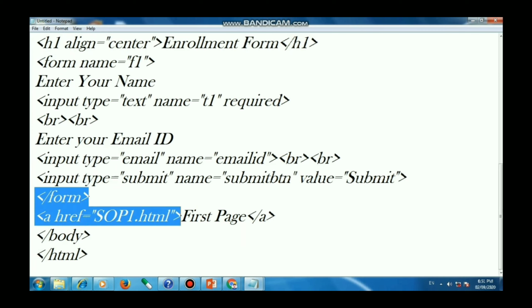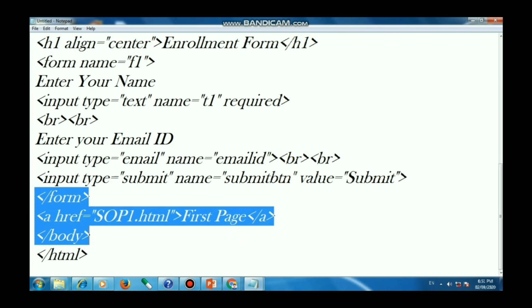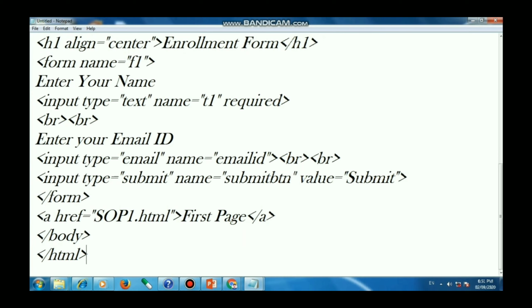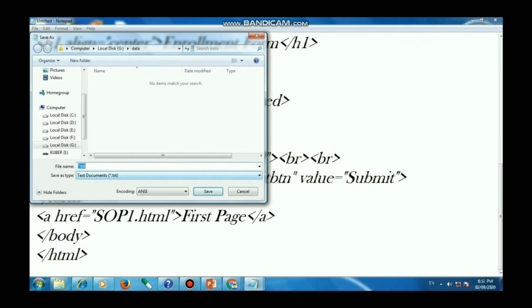Then close the form tag, again a href equals to sop1.html, first page, then close the body tag, also close the html tag, then save this file.